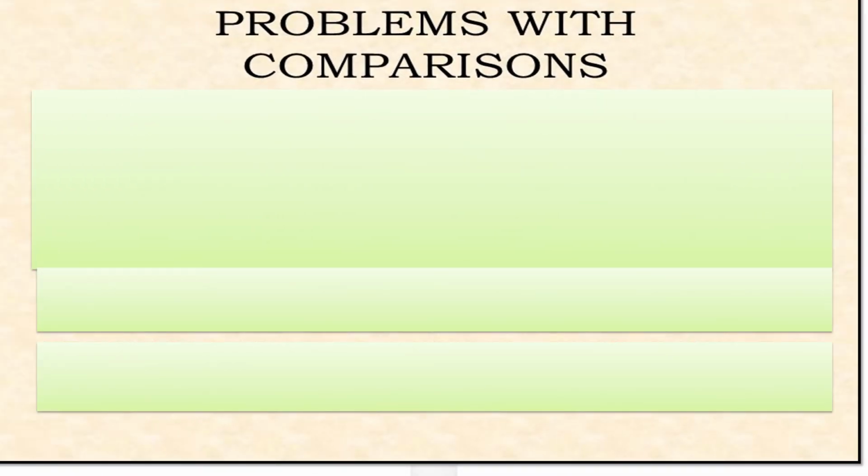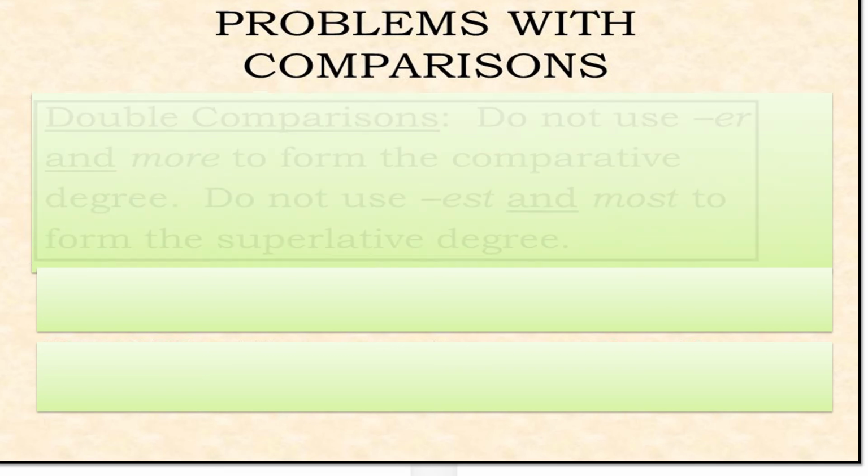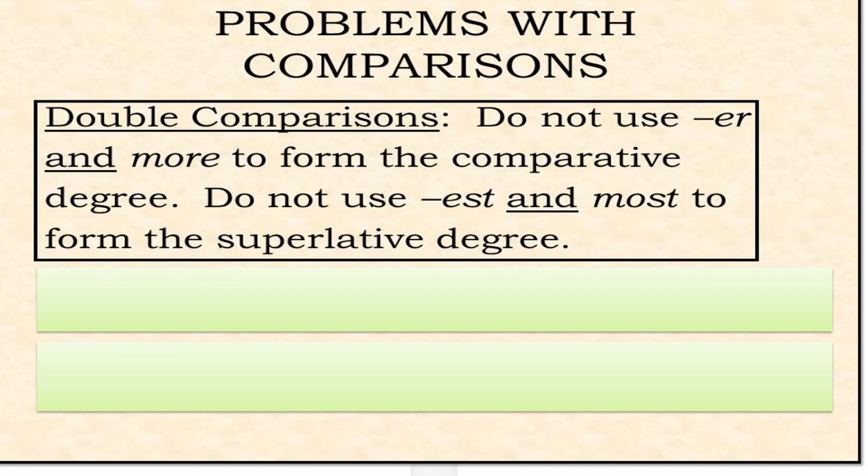Dear children, till yet we have seen so many rules about positive, comparative and superlative degrees, how to write and different types, when to use IER, IEST, when to drop Y, then when to write ER, EST, when to add more and most and so on. But while learning these, we should learn what we should avoid, what we shouldn't do. Let's see the rule. Double comparison.